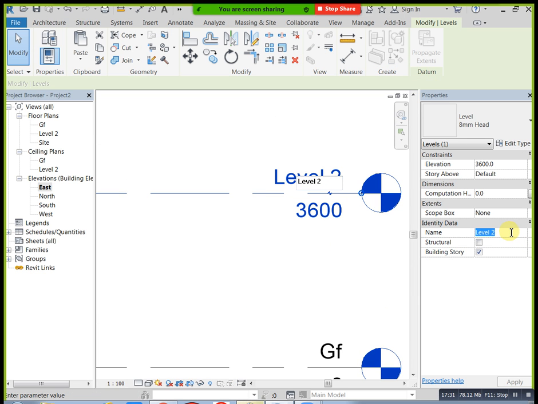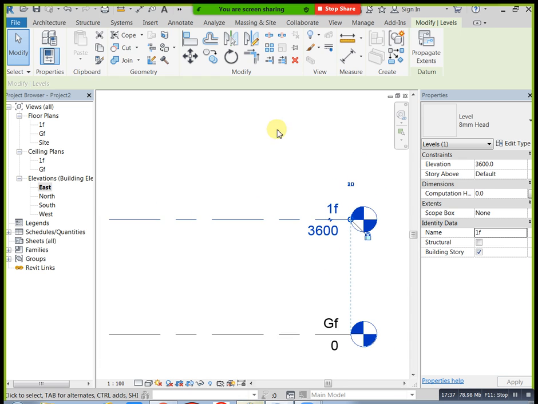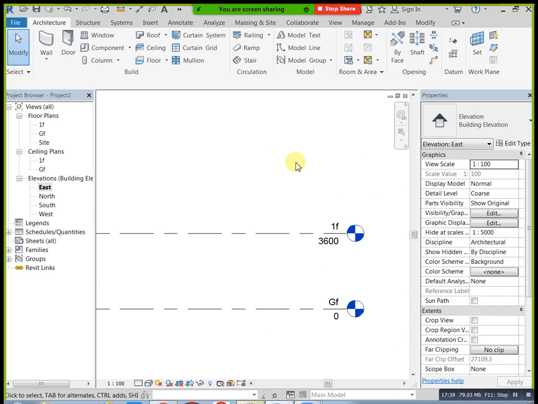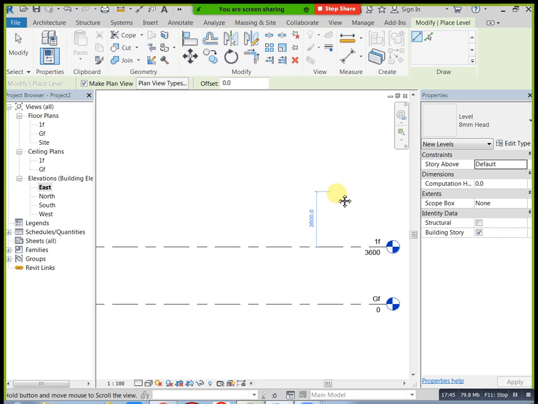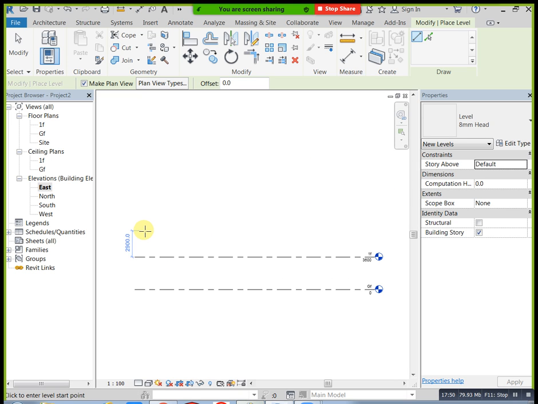See, next I need 2 floors extra. In that condition, here we have the level option, just select this level option. Here we have 2 options. See, the first one is line, the second one is pick line. Line means you select this one. You need 3600, you can adjust like this, or otherwise first mention your level, and after that mention your dimension. Select this one.